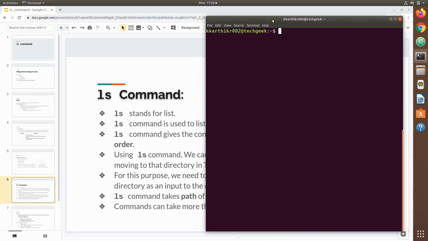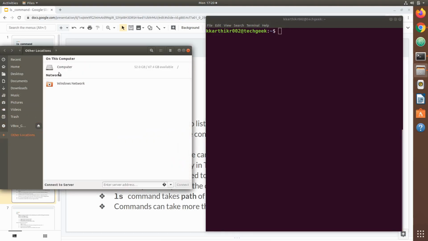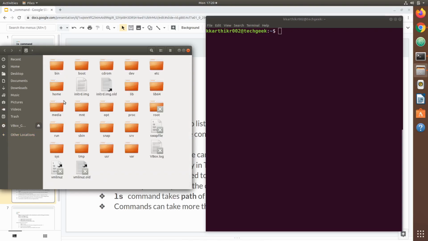Let us see a certain scenario. I assume that all of you know that some directories contain hidden files. Let us see some hidden files in the home directory using the graphical user interface. Let's go to the home directory. Home.